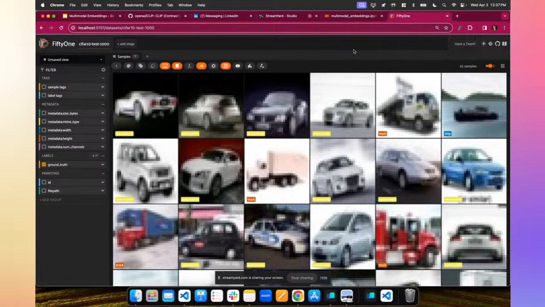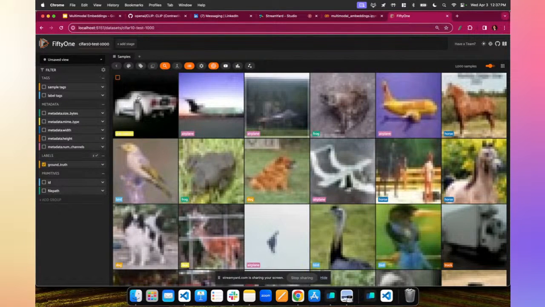So it is taking the embedding vector that we generated for that image, the first image, and it is using that as a query, passing that into the similarity index that was generated with the vector database, Milvus, for this dataset, and finding the most similar embedding vectors that are resulting from that, retrieving them and saying, these are the images, these are the samples that corresponded to that. And when you wrap all that up and you visualize the results, you get something that allows you to see a bunch of things that look like the original query, this car, in your app.